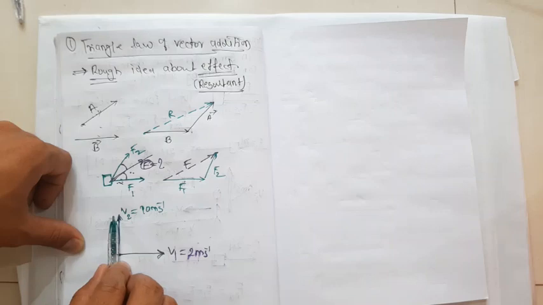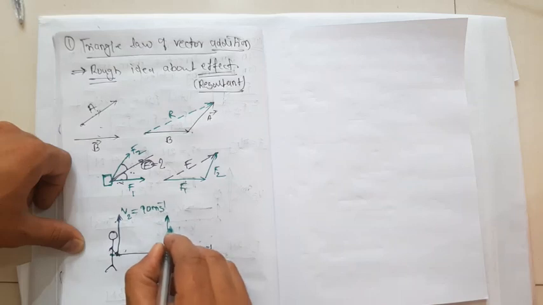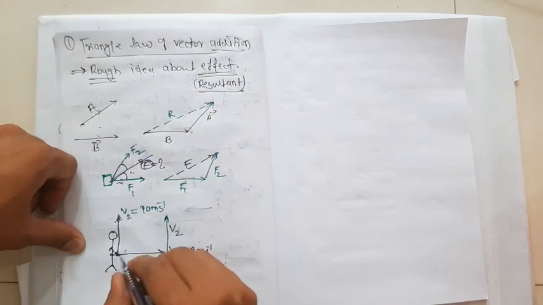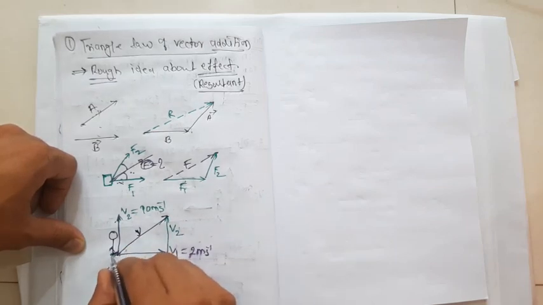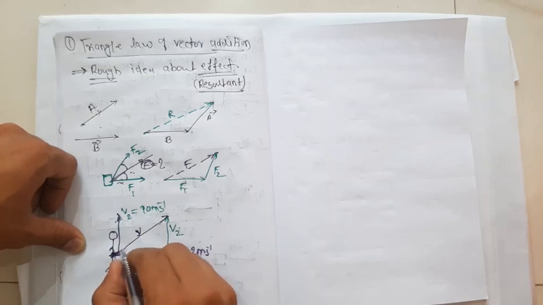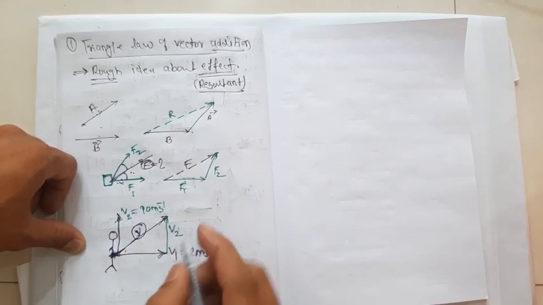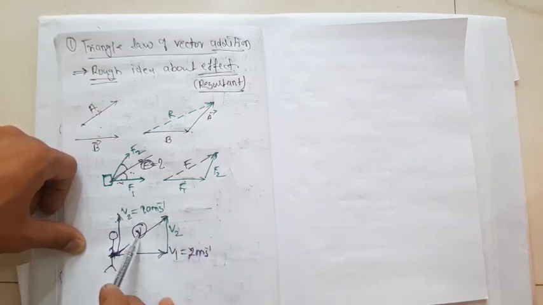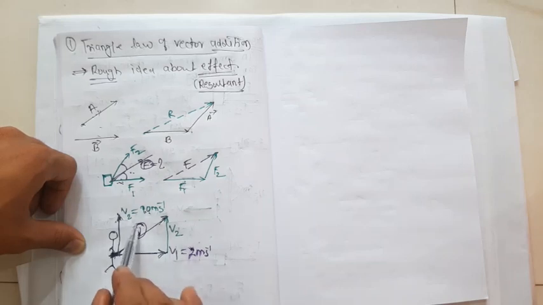So I have to take this vector, move it here and place it here. I will join it head to tail. So this is v2. And when you join from here to here, this is the total v. That means if the wind is blowing on this person in this direction and his motion is also in this direction, then this person will move in this way. But at what velocity we don't know, because you cannot say it is 10 plus 2, 12 meter per second, no. You can add them when both are in the same direction, but here it is one direction and another direction. So what is the value of v?